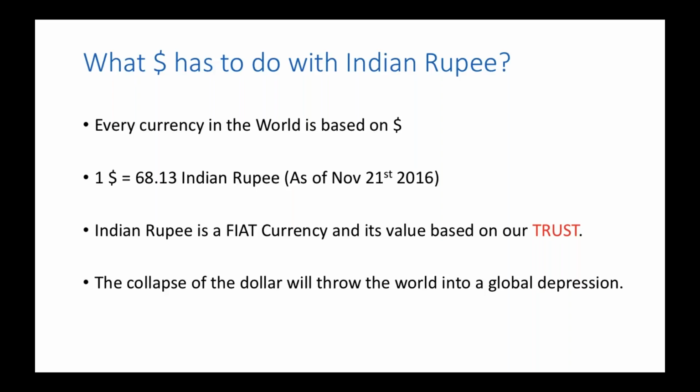By using different tactics by central banks, with the help of the IMF, the World Bank, and the BIS, all of these organizations combined, with the cooperation of all the countries together, the dollar was taken as a world currency, which means that every other currency is now traded on behalf of the dollar, and the dollar does not have any backup whatsoever. So we can say that the Indian rupee is also a pure fiat currency without any backup of gold or silver, which is not having any standard.